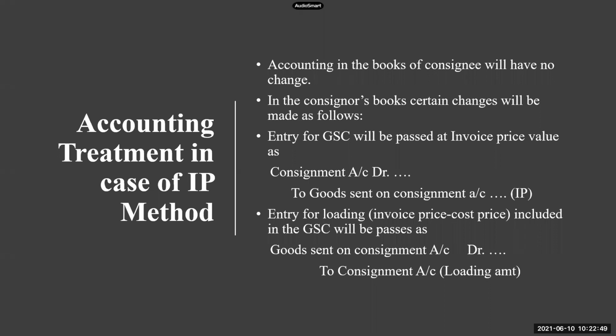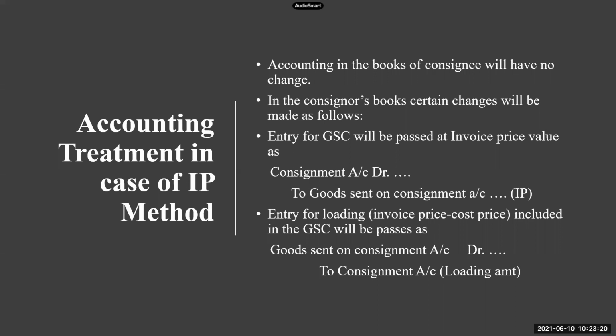So what we should do, we should remove that loading. So what we'll do, we'll come to the debit side and pass an entry as to consignment stock account in brackets stock reserve. And you will debit it with the loading amount. So in short, for both these entries, we are writing an opposite entry with the loading amount. That is the extra treatment. That means you will have two extra journal entries. Just have a look at the screen.